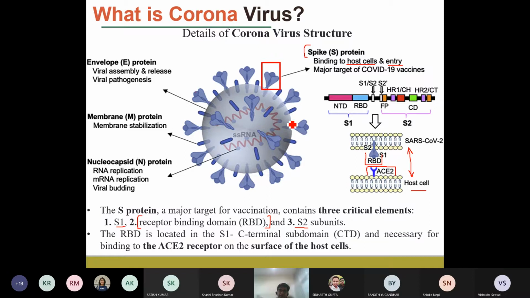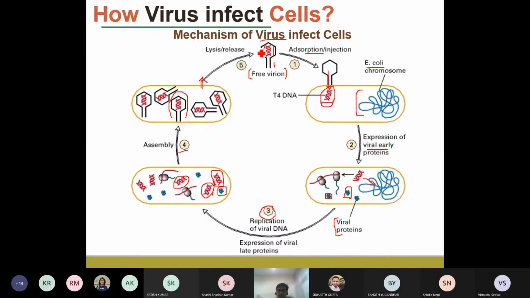We talked about how this RBD, that is the receptor binding domain of this virus, is actually attaching to the ACE2 receptor, okay, which is present generally on the cells of the lungs. And then we have seen what the mechanism is by which the virus is infecting. Okay, so the first step is that it transfers its genetic material.